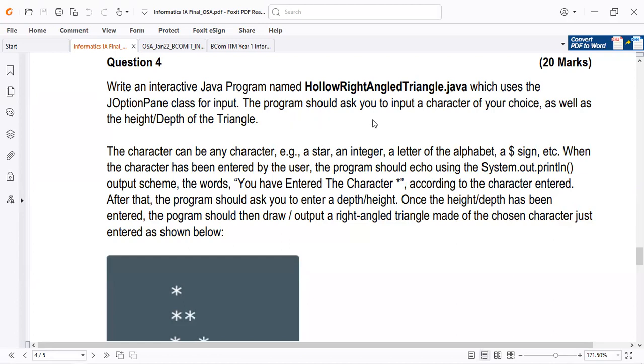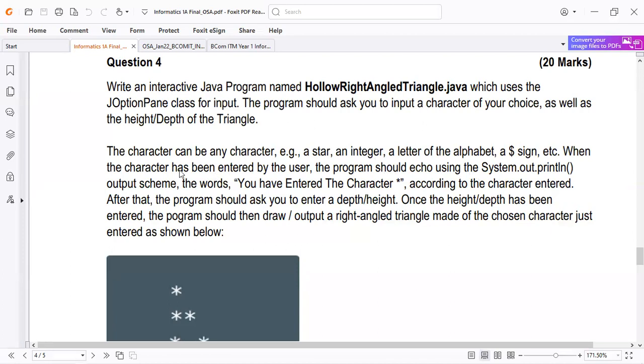The program should ask you to input a character of your choice, as well as the height. So the user has to input 2 things, a character as well as the height. The character can be any character, e.g. a star, an integer, a letter, a sign, etc.